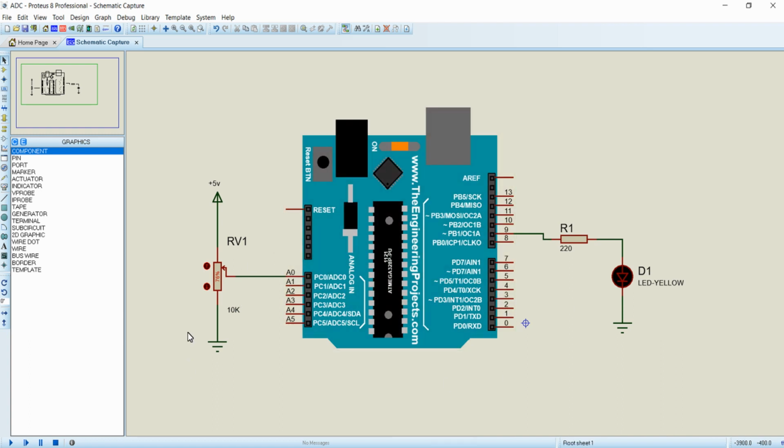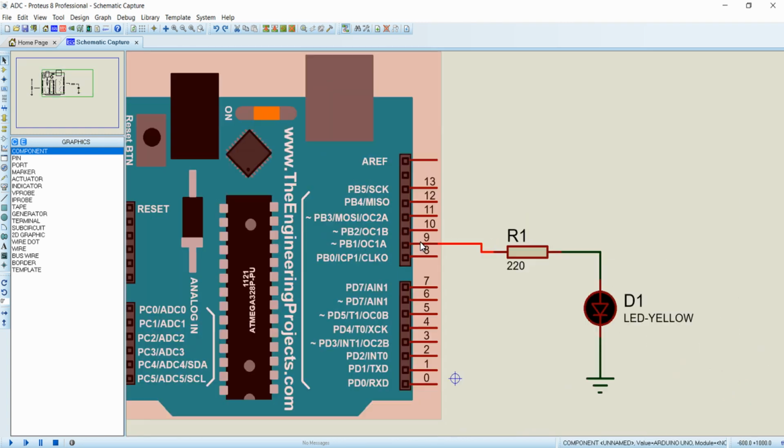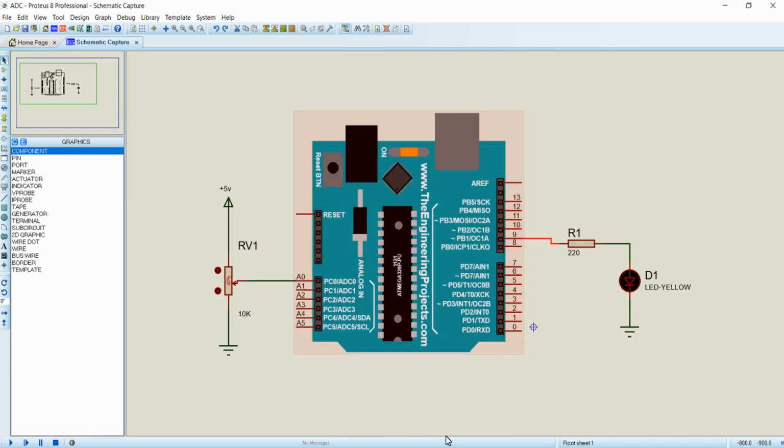We know that the PWM that we configured is also of 10-bit resolution. So we are going to take this analog value and give it directly to the duty cycle of the PWM wave. Depending on the knob position of the variable resistor, the brightness of the LED will vary, as we are giving the ADC value directly to the duty cycle of the PWM wave. You can see this LED is connected to the output compare channel A of timer 1. So this is the logic that we are going to implement.